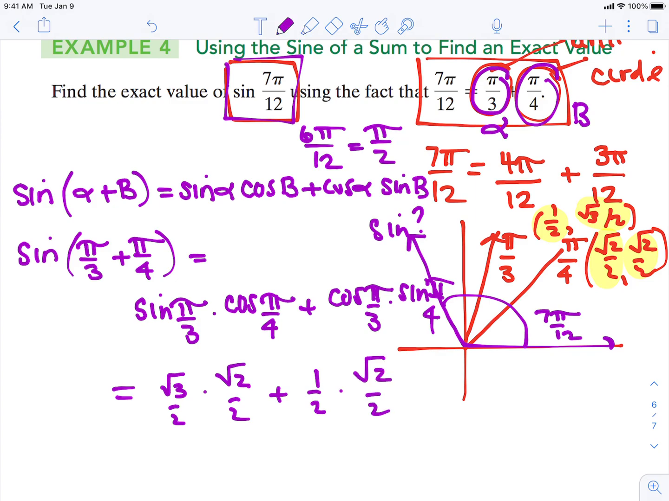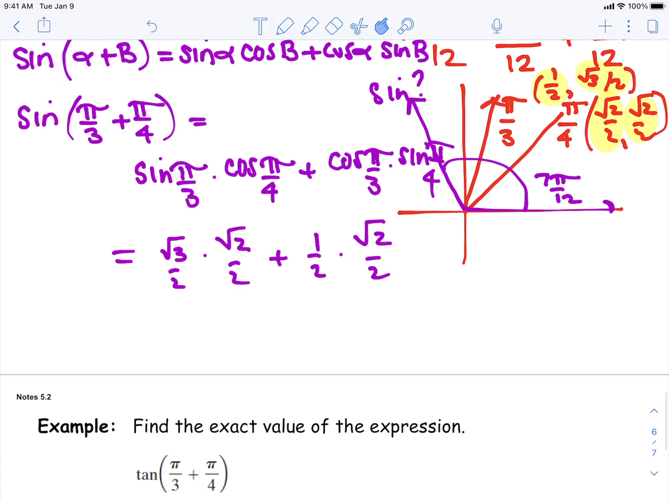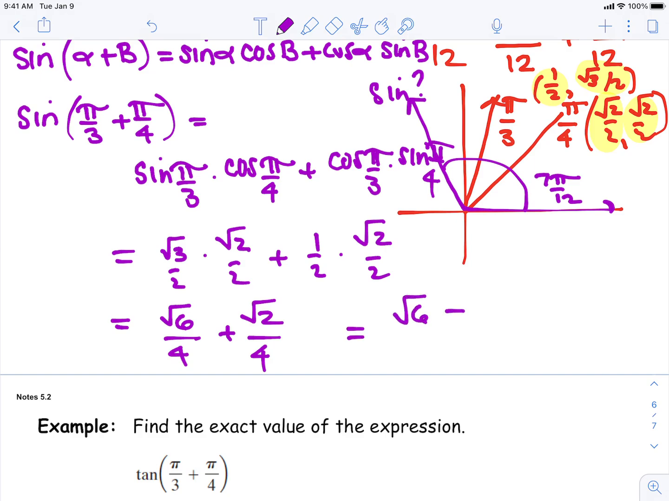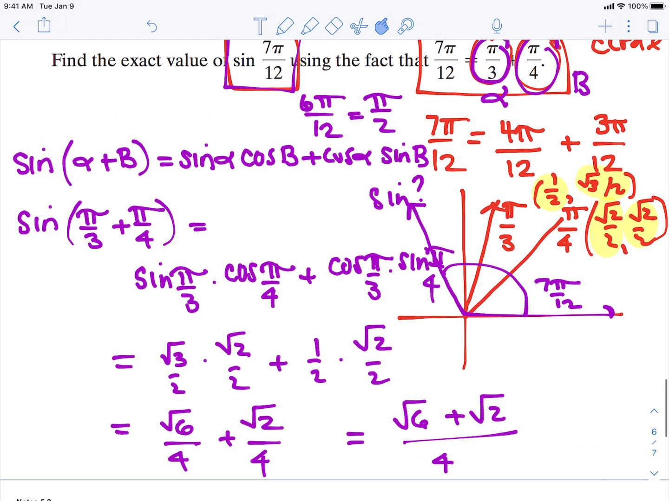Now we simplify those fractions. To simplify them, we're going to multiply across. So we multiply the square root of 3 and the square root of 2, giving us square root of 6. And then the square root of 1 times the square root of 2 is the square root of 2 over 4. Now we can add those two fractions together because they are alike. So we're adding those numerators. So the exact value for the sine of 7 pi over 12 is this rational expression. All right,